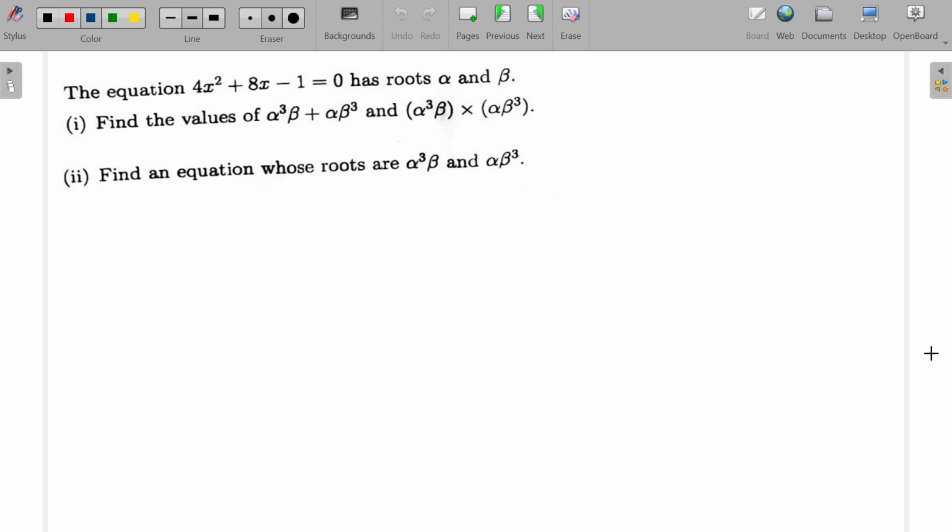So, our next question is telling us that the equation 4x squared plus 8x minus 1 equals 0 has roots alpha and beta. Then the first question is telling us to find the values of alpha to the power 3 beta plus alpha beta to the power 3, and then here we have